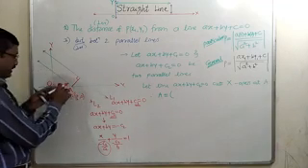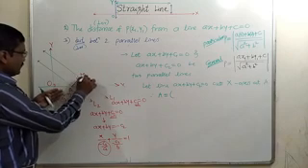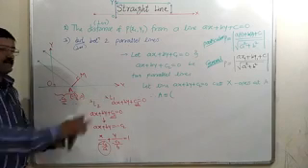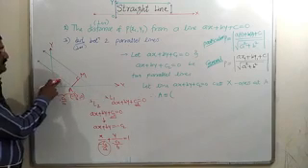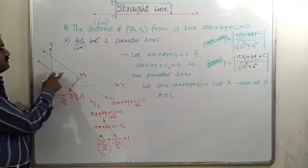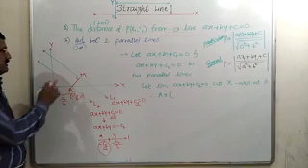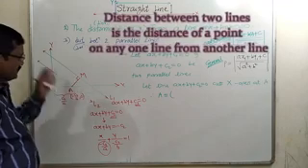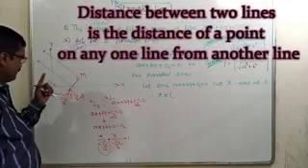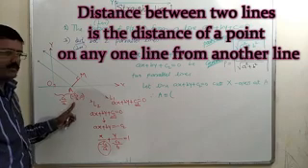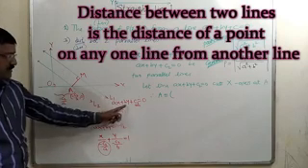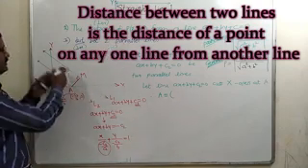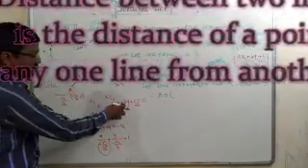This distance of point A from line L1, let us say that is AM, then this distance AM is nothing but the distance between these two parallel lines. The distance of any point on one line from the second line is nothing but the distance between the two lines. So this distance AM is nothing but the distance between these two parallel lines. So find the distance of this point A, having coordinates minus c2 upon a, comma 0, from the line ax plus by plus c1 equal to 0. And we have derived the general formula for finding the distance of any point from a line. Here is this point and the equation of the line is this.